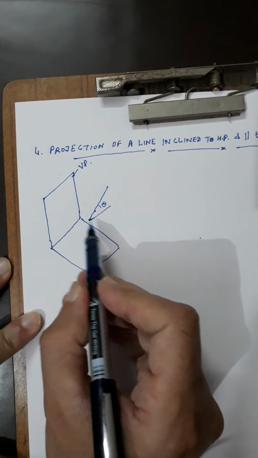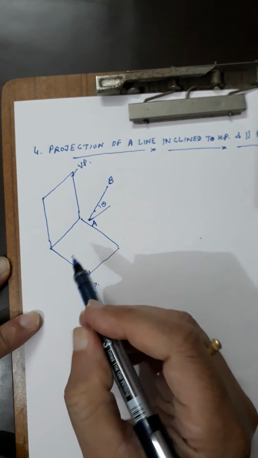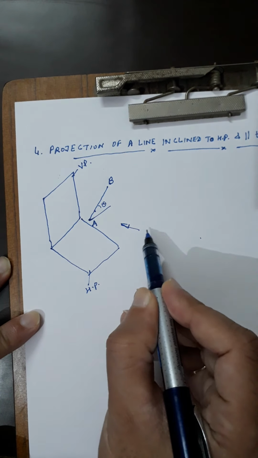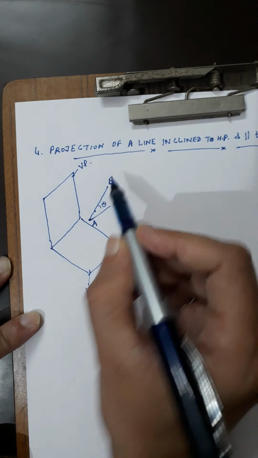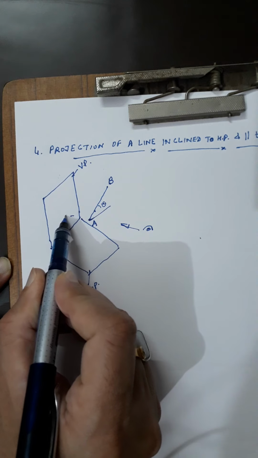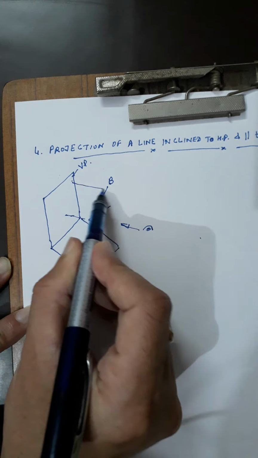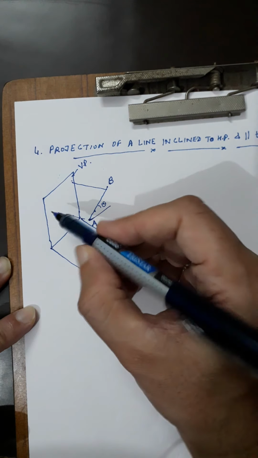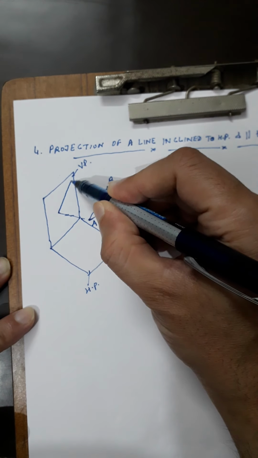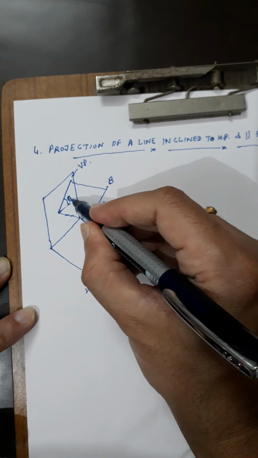Now you can see when we project, say this is line AB, you have to project it in the front view here. You get to see the true length here. We will see the true length and true angle of inclination theta in this front view. Whenever you are projecting it here, you will see the true length and true angle of inclination on VP. So this is your front view. You get to see this theta as well as its true length.